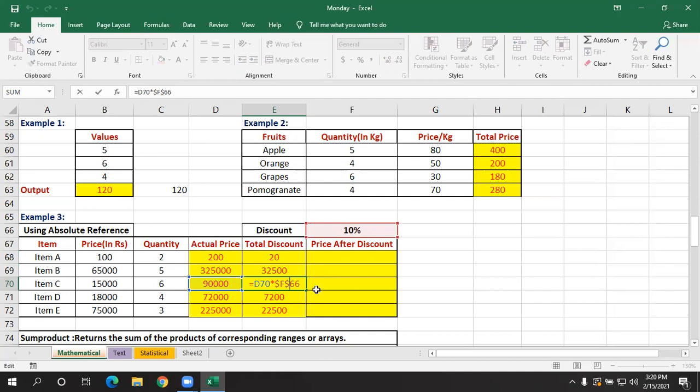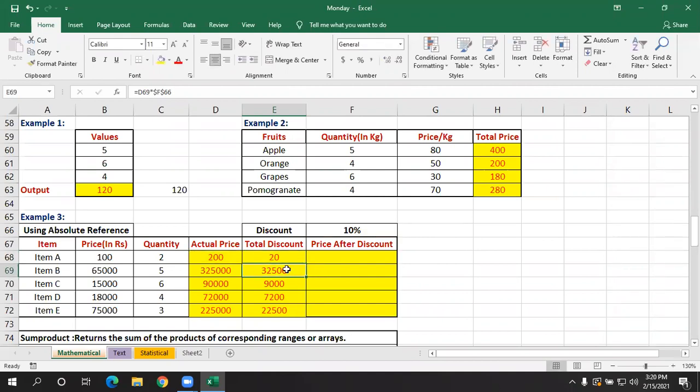So now whenever I fill down in these cells, it is only showing this particular cell address. For that only we use absolute reference, because I have locked it here. Which symbol do we use to lock the cell, or to refer to that particular cell? We use dollar. If you don't remember the shortcut key to change to absolute reference, you can select this address, and before a column name and before a row number, you can add a dollar symbol.